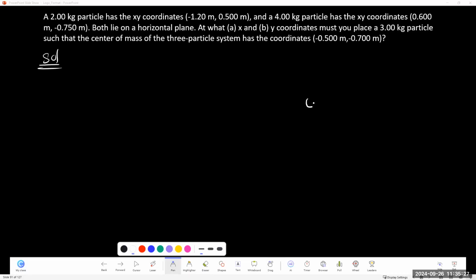Maybe I have one object here, which I can call a 2 kilogram object, and I have a 4 kilogram object. The x component and y component for this one are given: x1 and y1, and I can call this object number one. This is object number one, this is object number two, and here x2 and y2 are given. Let me write those numbers. It's going to be minus 1.2 comma